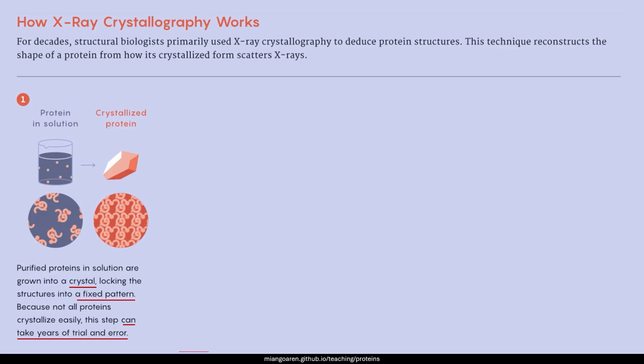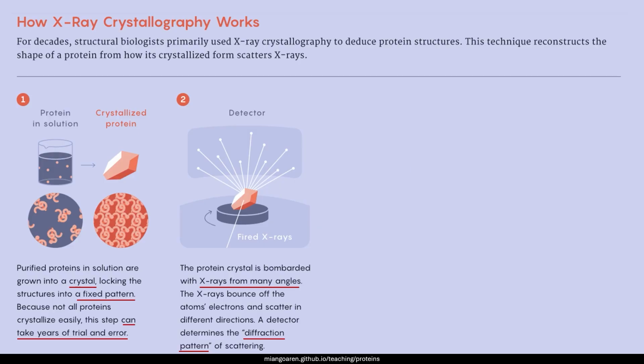And this is actually quite laborious given that not all proteins crystallize under the same conditions. Some require very specific conditions that we do not know a priori, and this procedure can take a couple of months, or, in the worst case, many years of research to determine what conditions are optimal